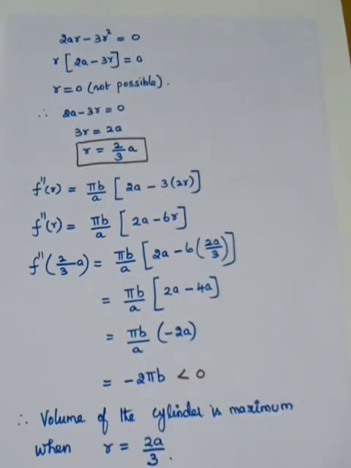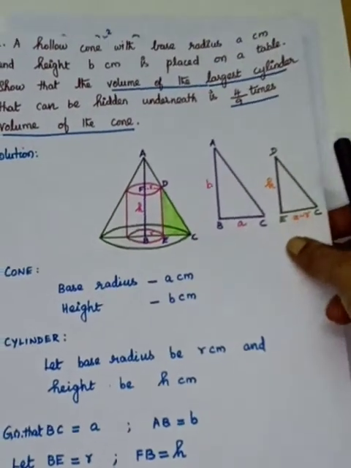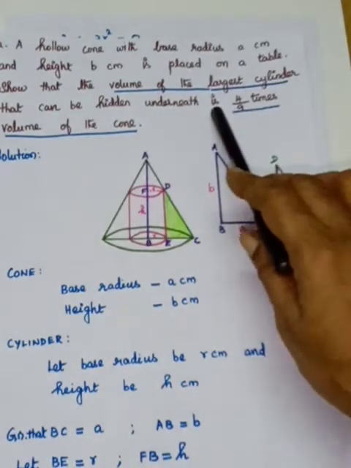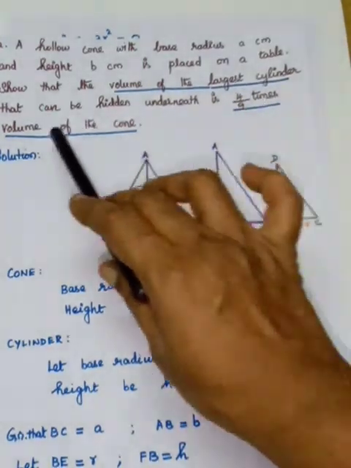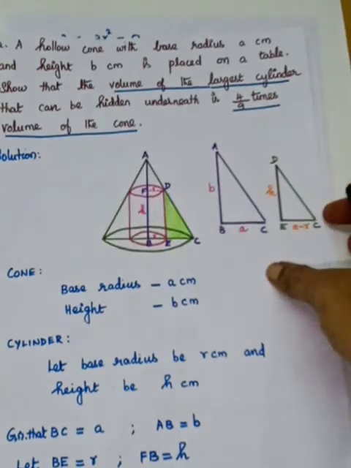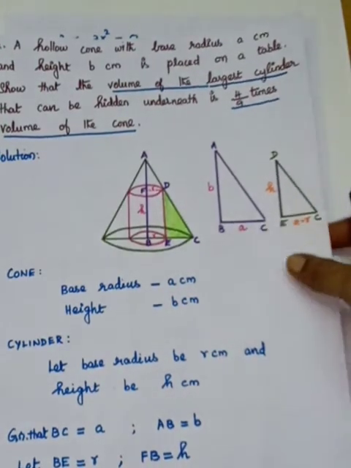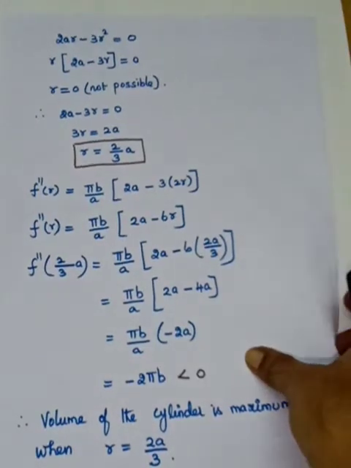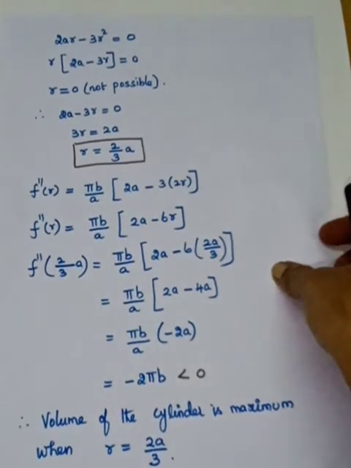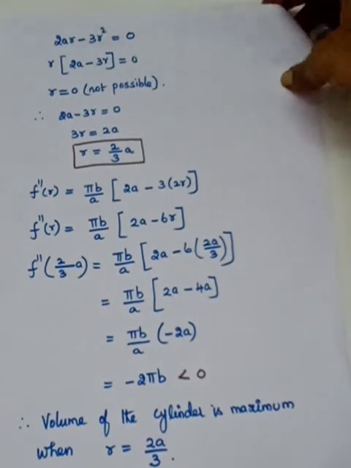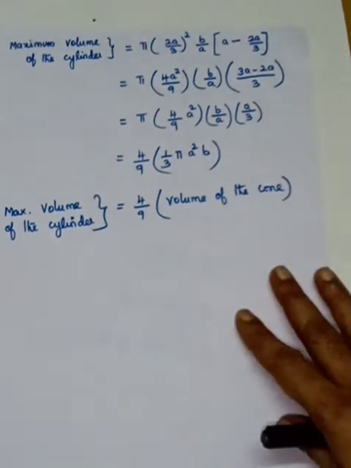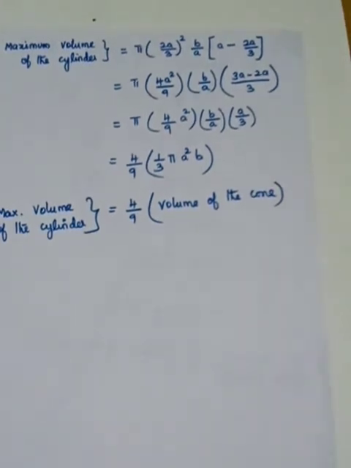In the question, what is asked? You see that we have to show that the largest volume of the cylinder is 4 by 9 times the volume of the cone. So we have to find what is the maximum volume of the cylinder. See now, the maximum volume of the cylinder. So where is it? So here